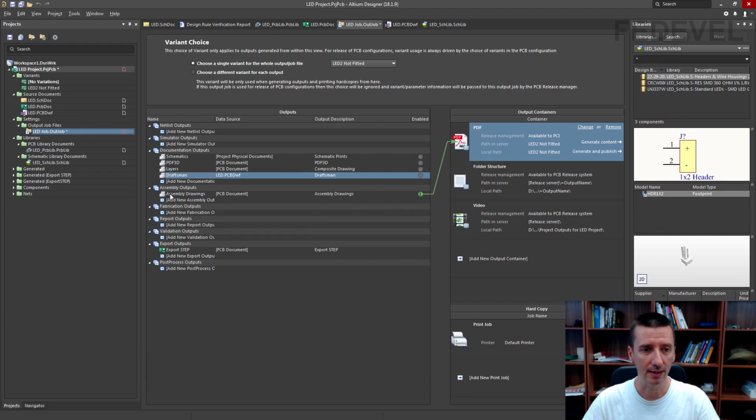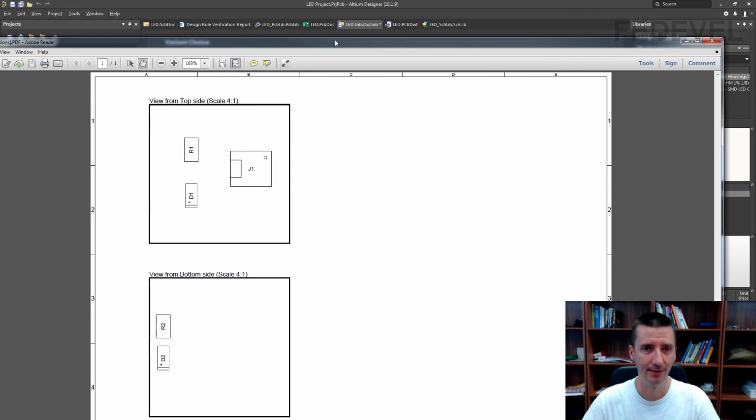We are not going to print these assembly drawings, so left click here, but we would like to see the output from the Draftsman, so left click here. First, we are going to generate the output from Draftsman for no variants, so left click on No Variations, and left click on Generate Content. Here it is.